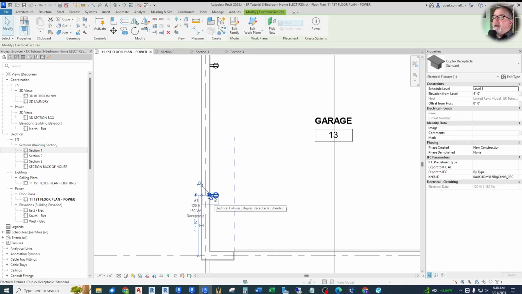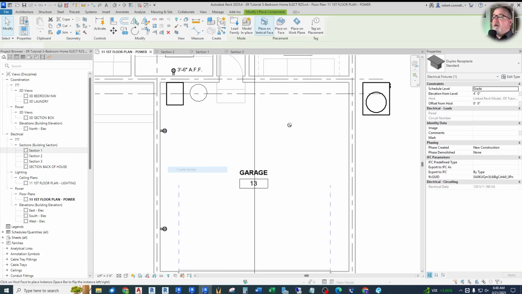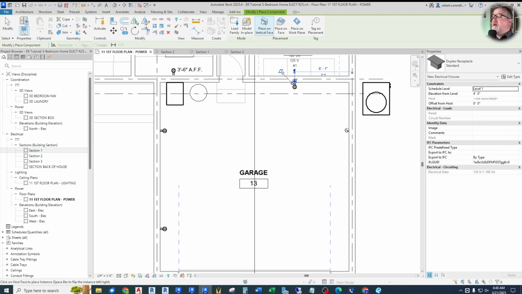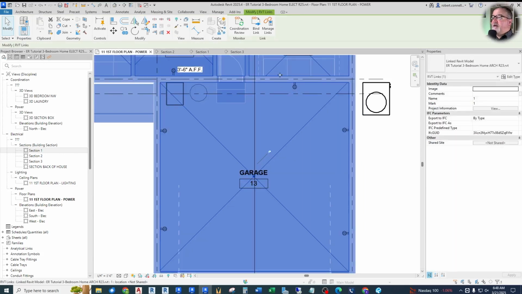Now, because this floor plan is set up for level 1, it's always going to refer them to level 1, even if I do create similar. So I have to do this exercise for each of these receptacles. Here, here, and here. Now, if I don't want to do each one individually, I can select, because I have